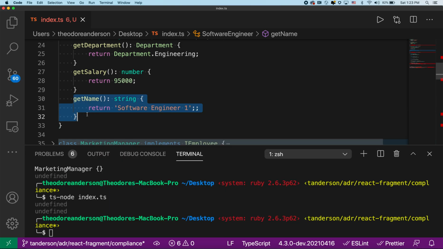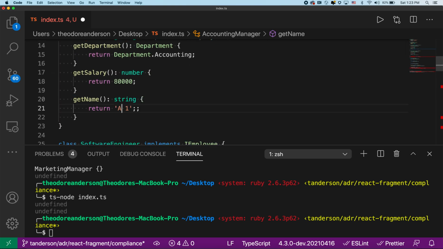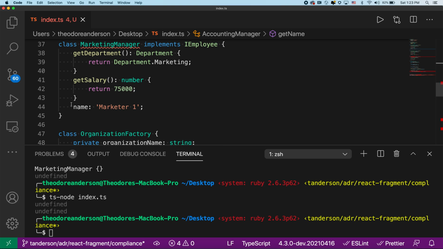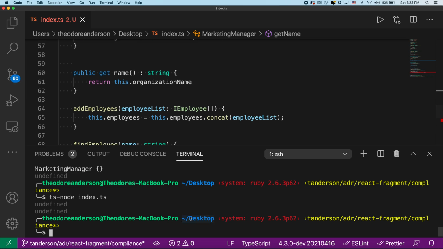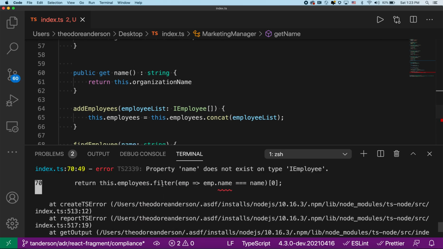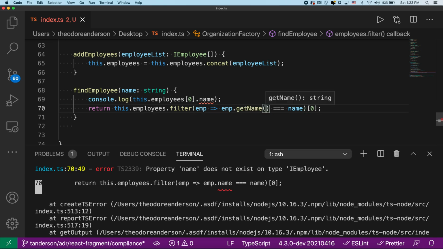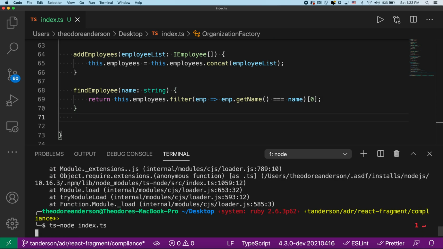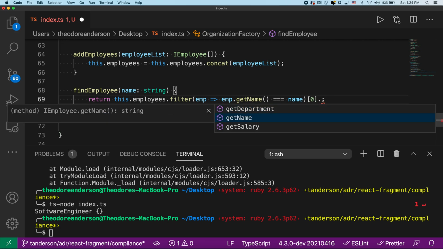Okay, let me add these to this method right here, and we'll say account1. And then we'll come back up here to our marketing manager, and we'll say marketer1. Okay, now let's run this one more time. Employee.getName. And then, yeah, it's a little messy. I could refactor that, whatever, but so now we have our software engineer,